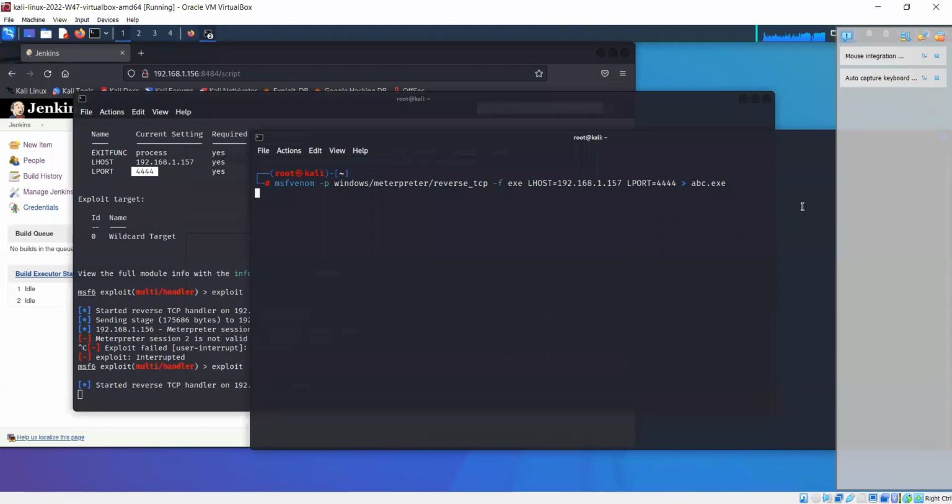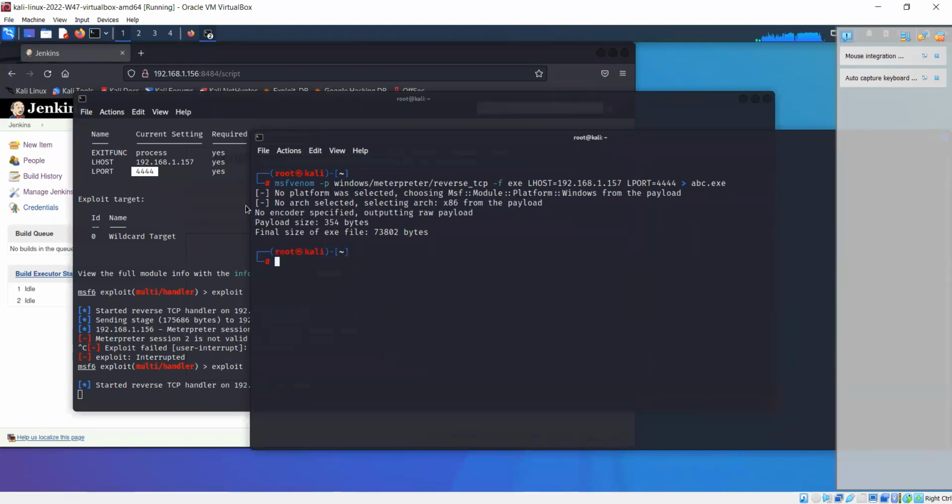It'll take a few seconds to complete. Okay, so it has been created now. The next thing that we want to do is run the HTTP server,